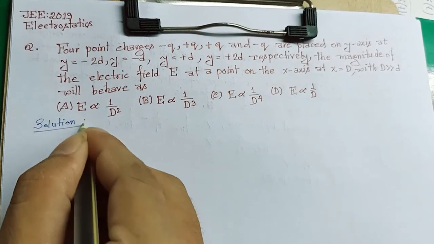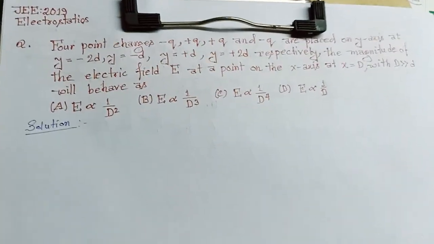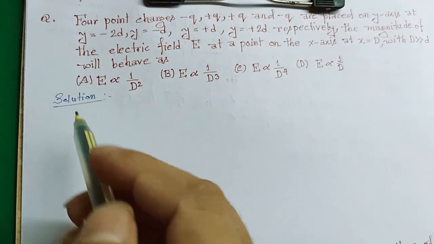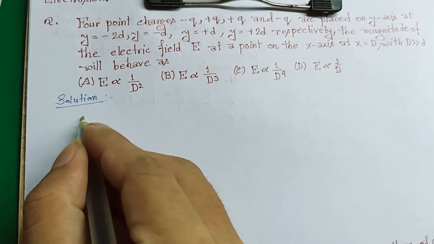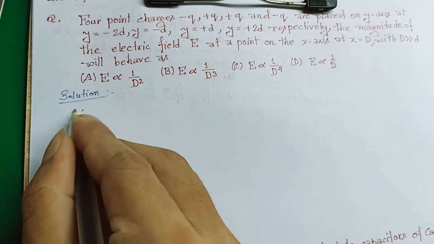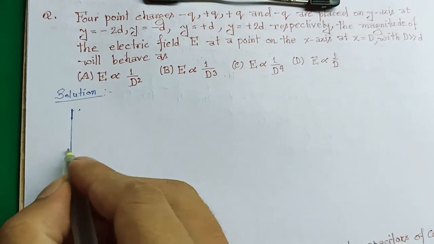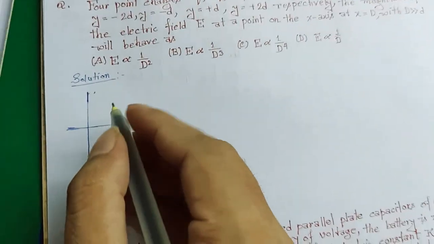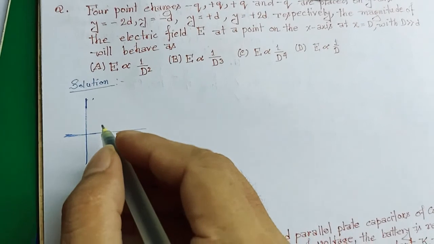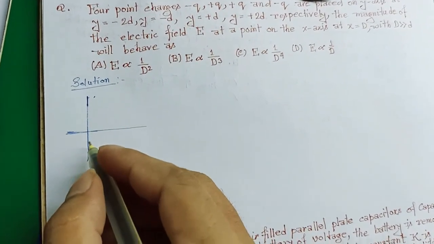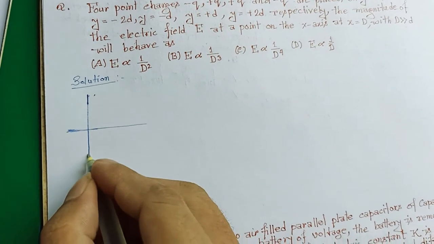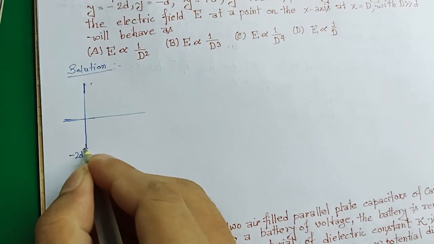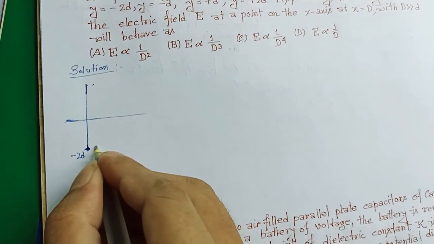For solving this question, first we draw a related diagram. As there are 4 point charges on the y-axis, first we will draw the y-axis. This is the y-axis, let this be the origin and this is the x-axis. On the y-axis there are 4 charges, placed at y equal to -d and y equal to -2d. Let this distance be 2d, -2d, and there is a charge whose quantity is equal to -q,